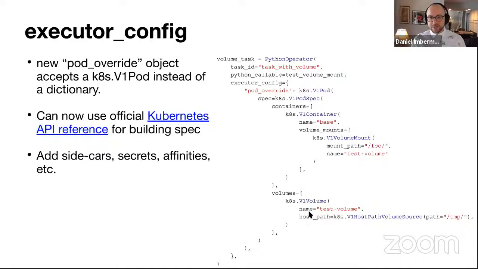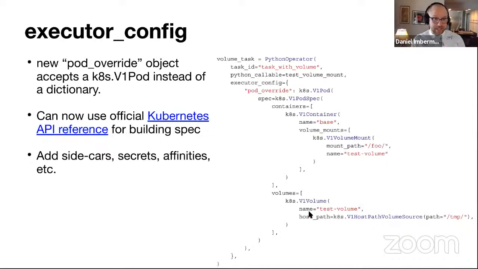Now we just expose it and say, no, you can do whatever you want: create a Kubernetes v1 pod object. You have the type checking, you have the code completion if you're doing this in an IDE, and you can use the Kubernetes Python library to build this object, put it into the pod override section of the executor config, and then those overrides will show up in your